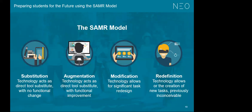Ruben Fuentedura. Probably some of you or most of you here are already familiar with this. So it stands for substitution, augmentation, modification, and redefinition. So these are stages. The first stage starts with substitution and then goes all the way through redefinition. The SAMR model is actually a model that's designed to help teachers integrate, design, infuse, and develop technology-driven learning experiences